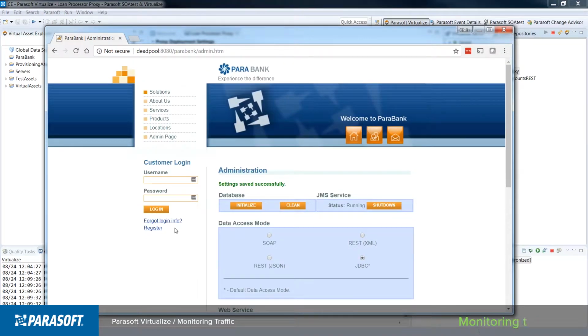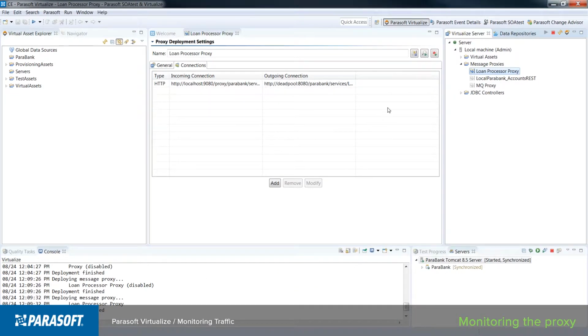The best way to use a proxy within Parasoft Virtualize Community Edition is to monitor the proxy and see the transactions that are flowing through it. Back in Virtualize, you'll notice in the upper right-hand corner of your proxy, you have the ability to start monitoring. You can click here, or you can right-click on the proxy itself and say start monitoring. What this means is now any transactions that go through that proxy will be sent to Parasoft Virtualize Event Details